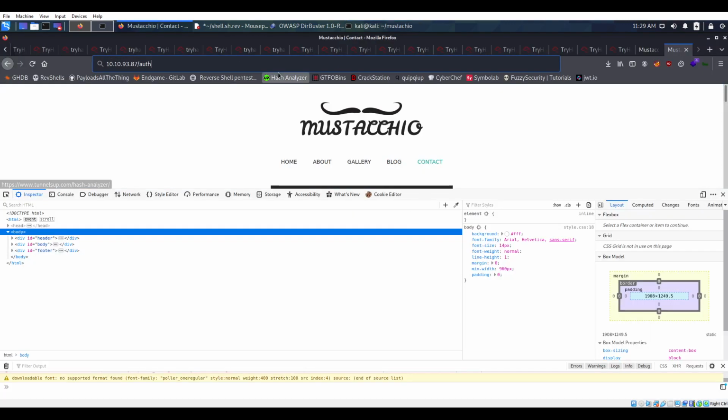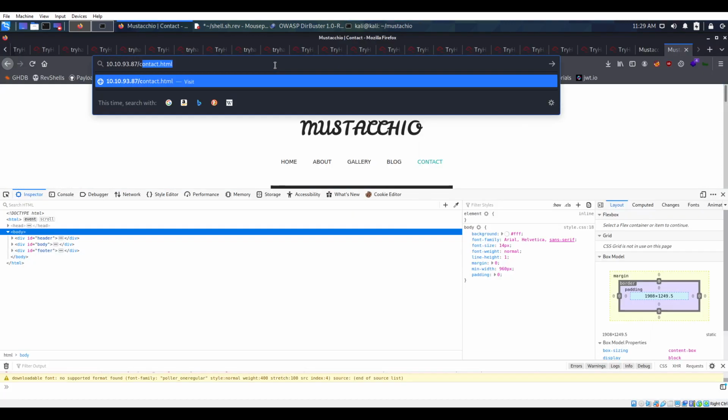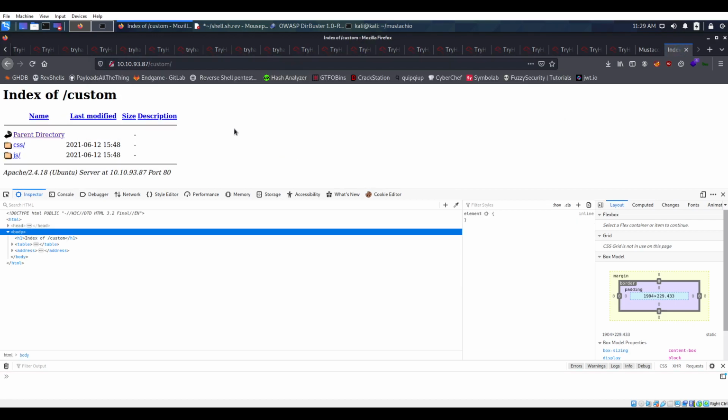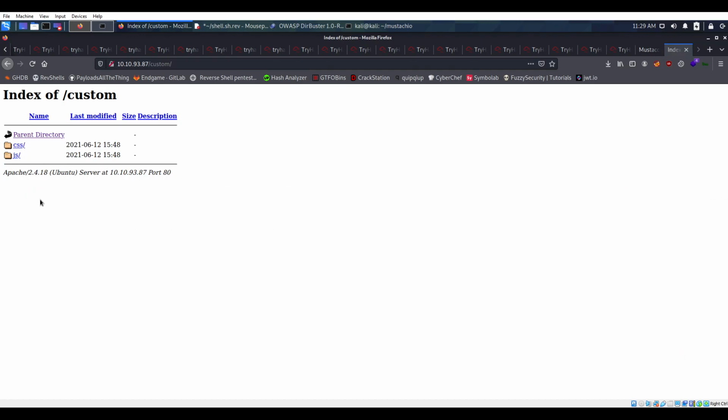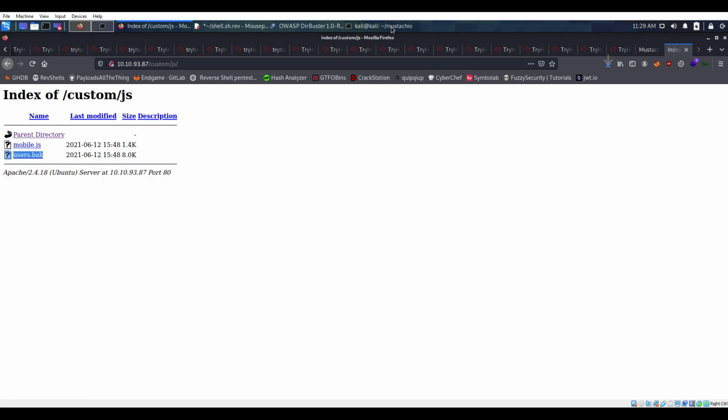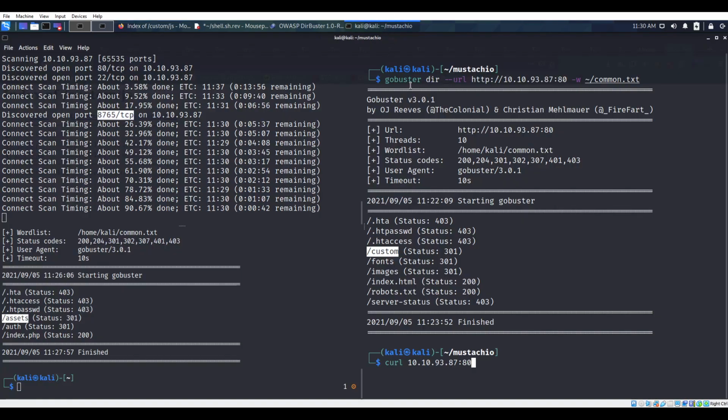So let's go to custom, then maybe we'll get to the customs depot, and then we can see, yeah, there's a directory. I'll close this one for now, there's js. Okay, we have an interesting file here, users.bak. I'm going to download this one and save this one. All right, cool. So now we can go back here and cd,